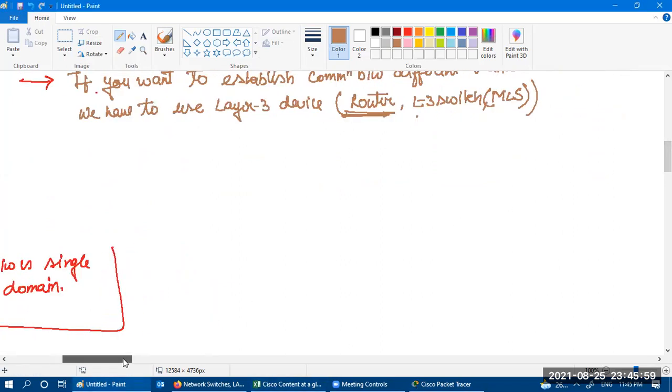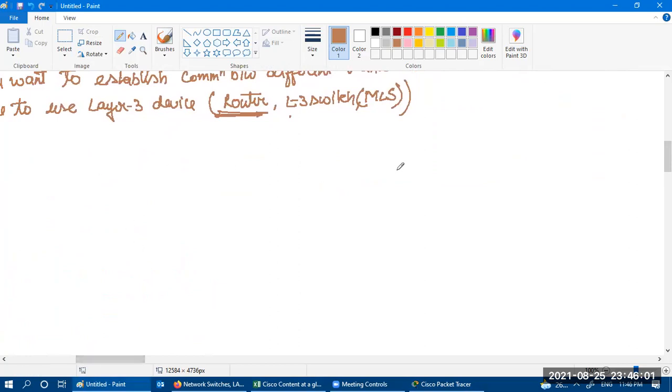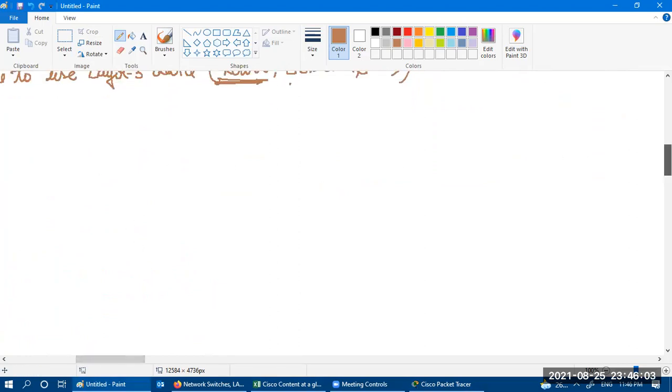Now I'm going to discuss a new topic, which is very important and very common in an organization, enterprise network, or any kind of network. I'm going to talk about inter VLAN routing.